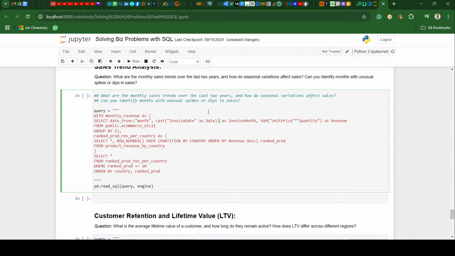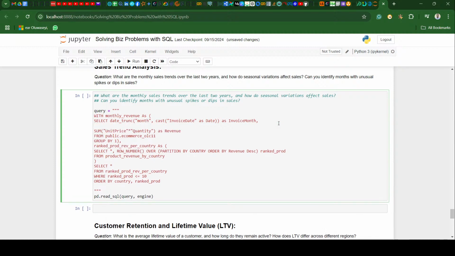Should we do quarter? Right, let's do quarter. We say extract quarter from invoice date